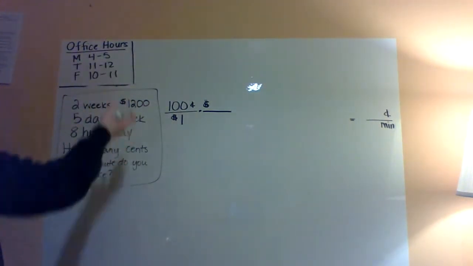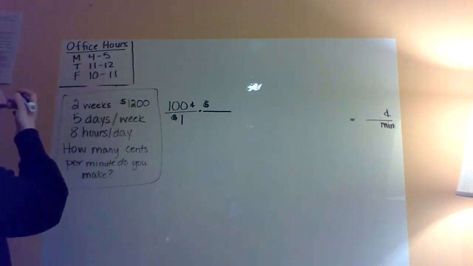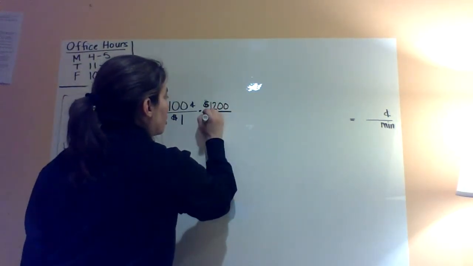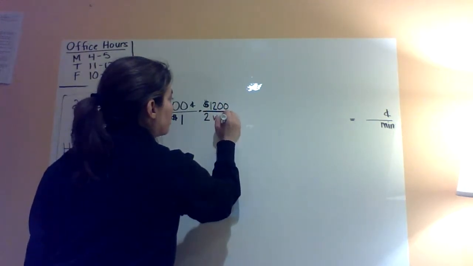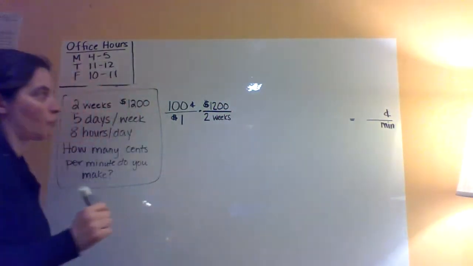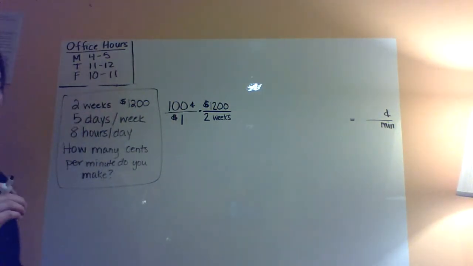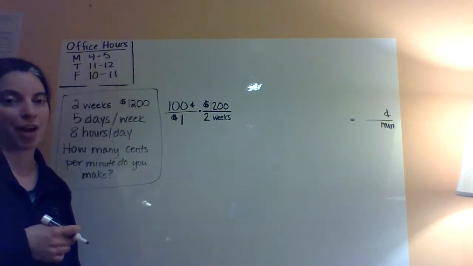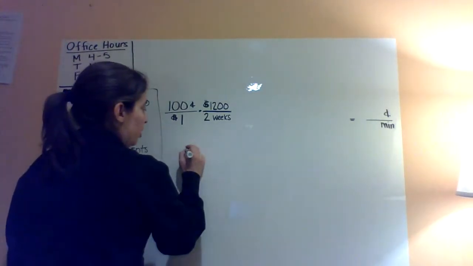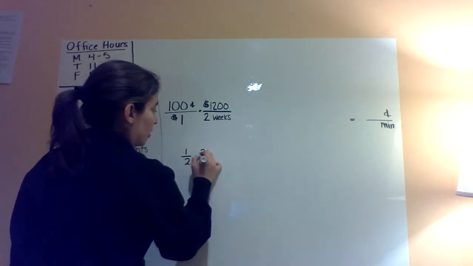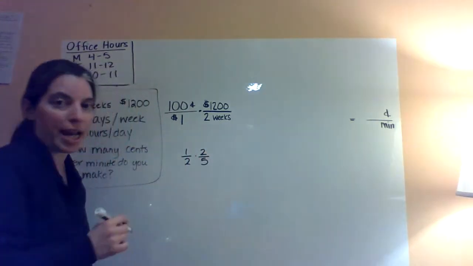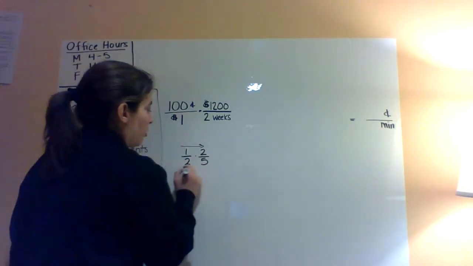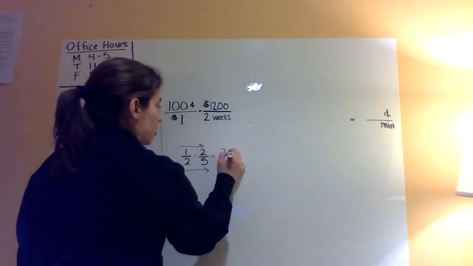And I think about, or I look at what other information I have, and I know that I make $1,200 every 2 weeks. Okay, so let's pause for just a minute. If you think back to the P&L for 3.1, there was a lot in there about fractions. So if you remember, let's say I'm multiplying fractions, and I'm going to multiply 1/2 times 2/5. I could either multiply straight across the top and straight across the bottom and get 2/10,